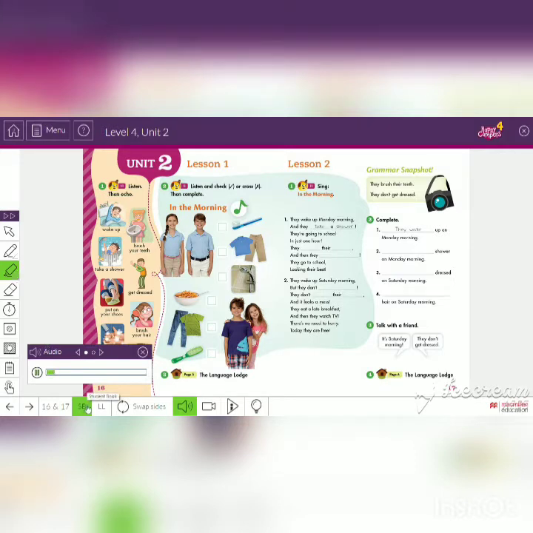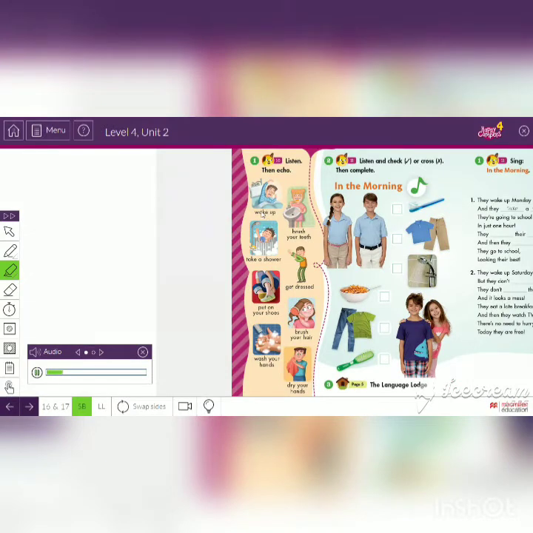Listen, then echo. Vocabulary, vocabulary, vocabulary, Wake up,